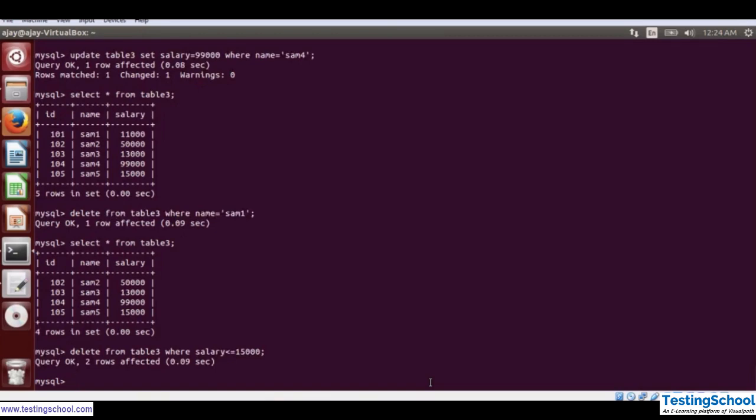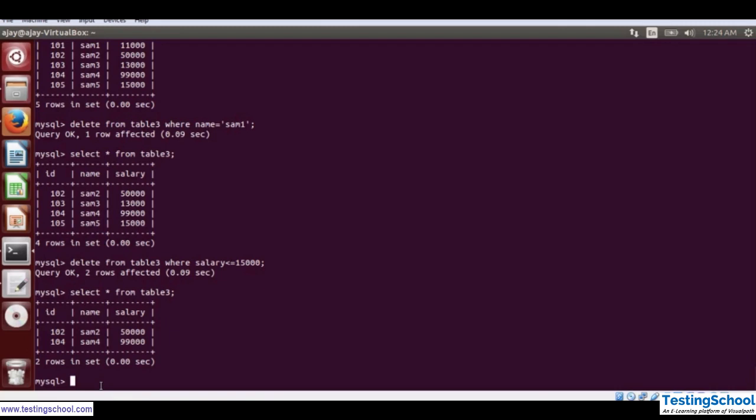Now you can see it has deleted couple of records because I have put it less than equal to 15,000. So 15,000 has 13,000 also and 15,000. So it has deleted two rows. So if I query select star from table 3, then it has only two rows now because 13,000 and 15,000